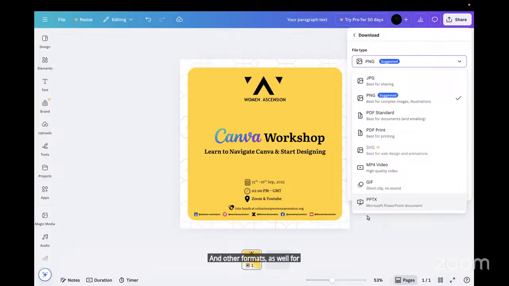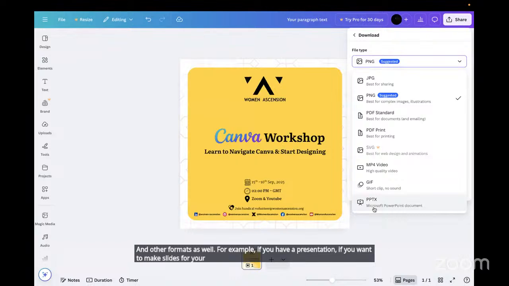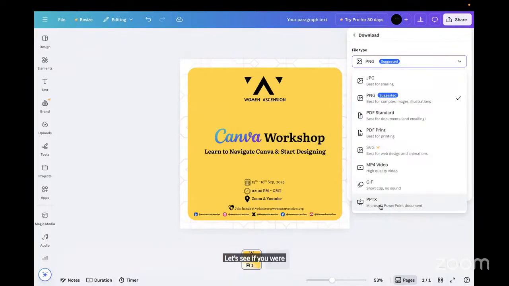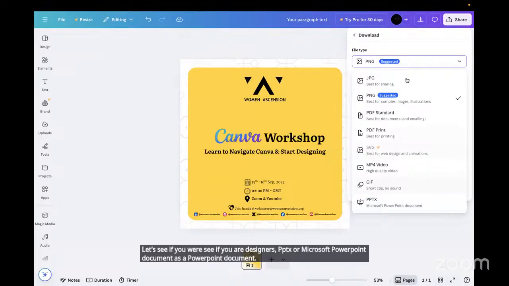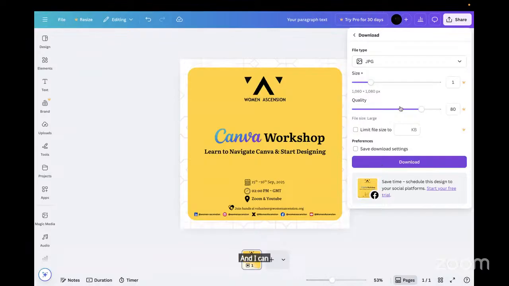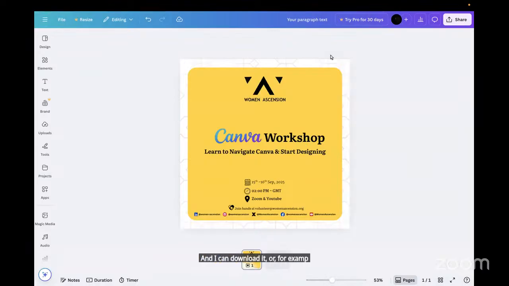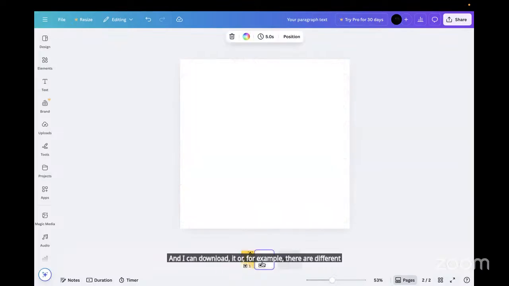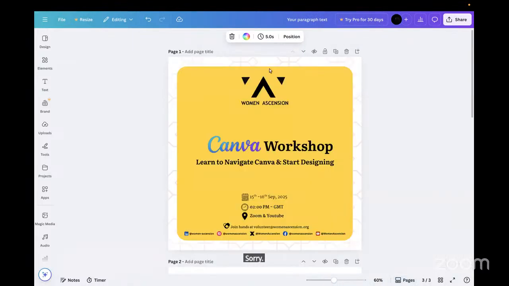For example, if you make slides for your presentation, you can easily save your design as a PPTX, a Microsoft PowerPoint document. So for example, I choose JPG and I can download it. Or for example, there are different pages,